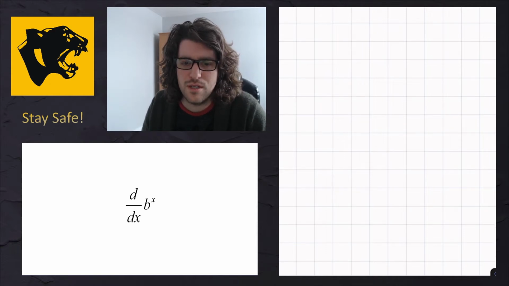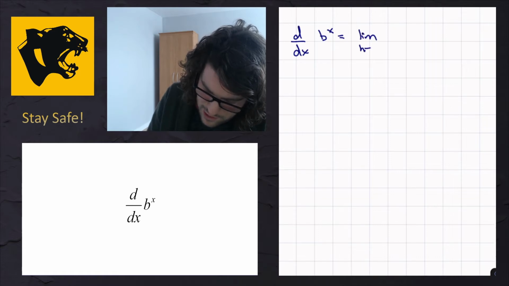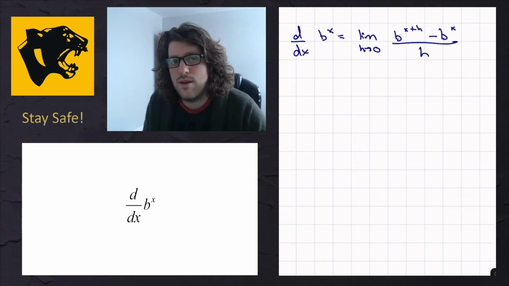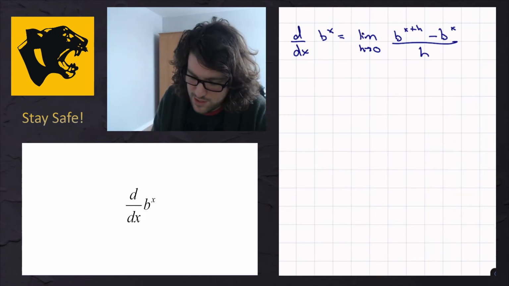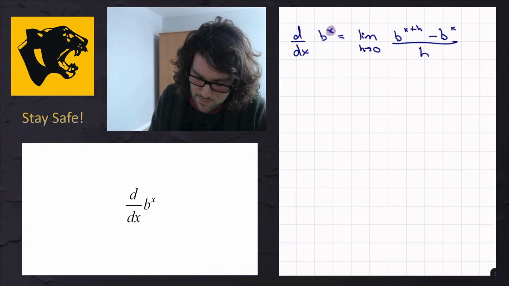So what we're going to need to do is develop some tools by going back to the definition of a derivative. So in this case, if I say that the derivative of b to the x is equal to the limit as h approaches 0 of b to the x plus h minus b to the x all over h, that would be our definition of a derivative. Now, just to bring attention to it, the argument is in the exponent position in this question. So the b to the x,